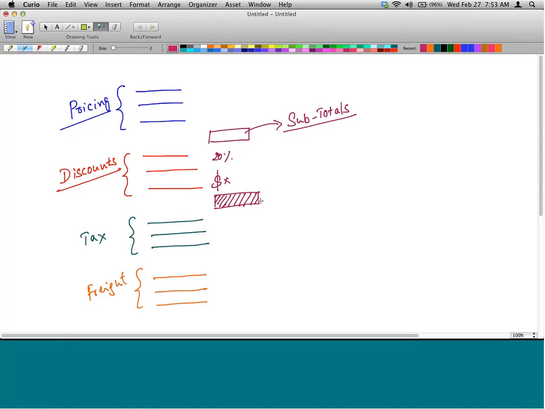Okay, that is the use of a subtotal. A subtotal is used to add the values of multiple condition types together so that you can do further computation on it, or you can just use it to print it out on the customer statement or for whatever reason. Okay. Now, you can use it to do something else